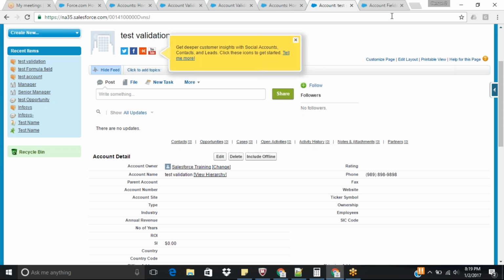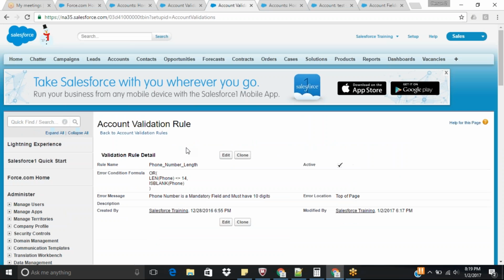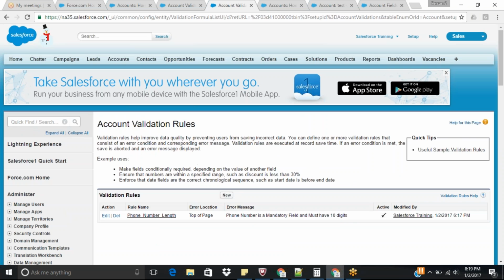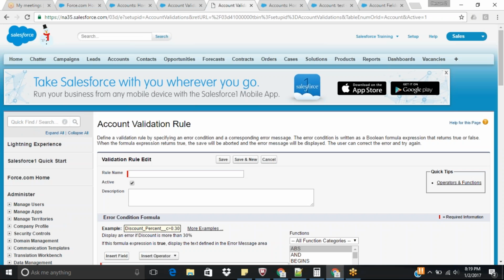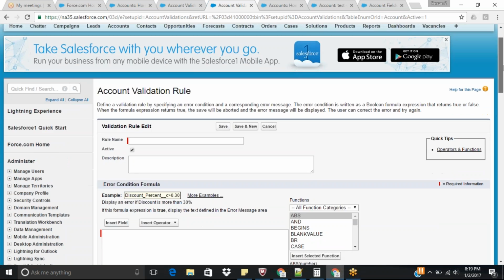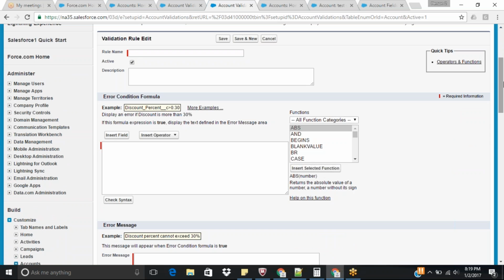So what I wanted to do is, I want to make this account number mandatory, and I want to make sure that user is entering only digits in this field. Okay, so let's see how we can write a validation rule for that. As we are having the requirement only on one field, you can use one validation rule, right? So first what I do is,